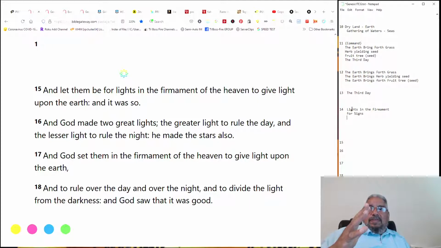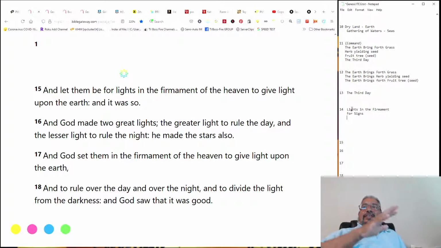Signs are symbols. They're indicators, right? And you can interpret it a lot. There's always, in Hebrew, there's always room for interpretation. But it's always interesting that the first thing that it mentioned the purpose of, because there's a general rule, the first thing is the most important thing. La regla general, cuando se pone una lista de cosas, número uno es número uno. Y es interesante que el número uno aquí es señales, no es sazones, no es tiempos, no es días, no son años, sino lo más esencial, lo más importante, lo primero es señales.